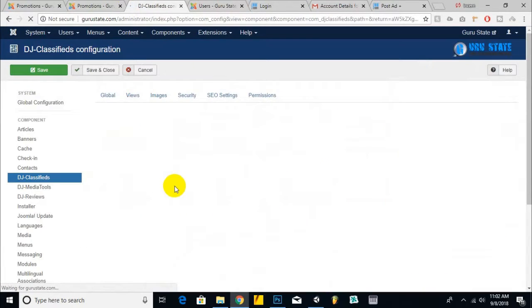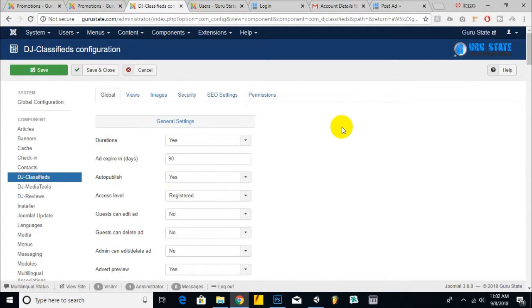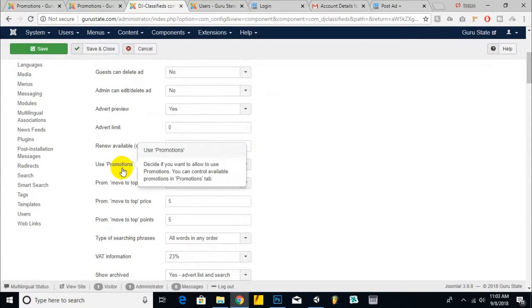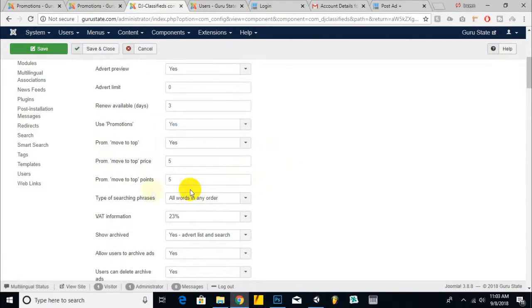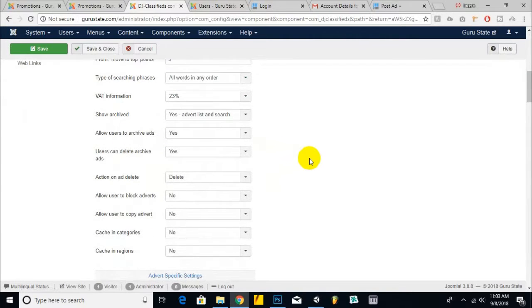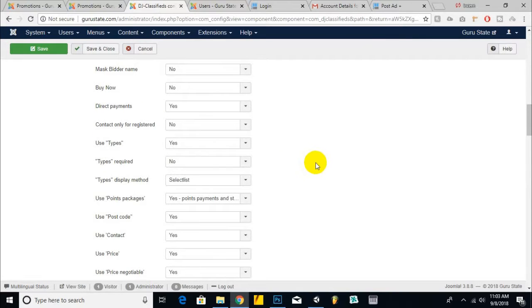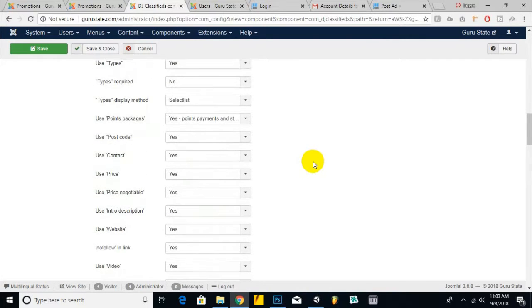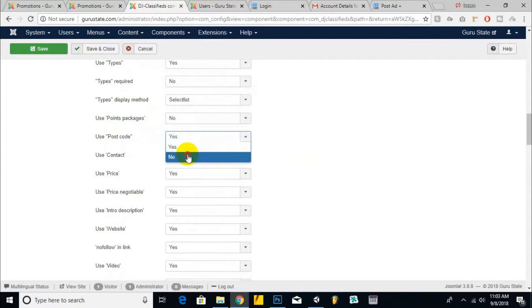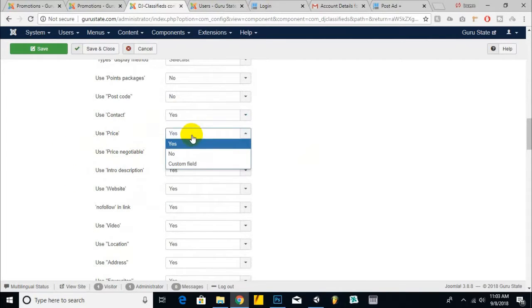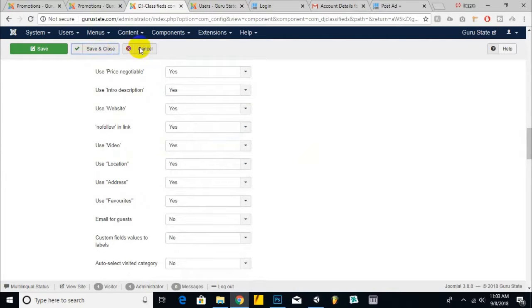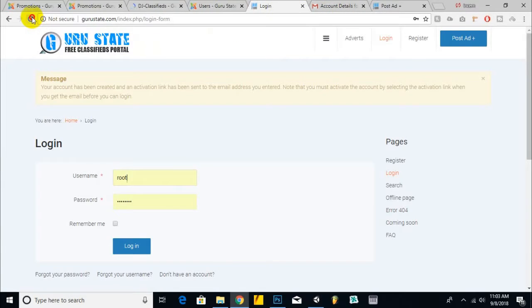options. I think we will find here the promotions we need, and here we will find points, promotion, move to top, point packages. Let's find that. Yeah, they're here. So we can just disable this one. Post code also we can disable. Contact, use price, other things are fine. Again we will refresh the page,